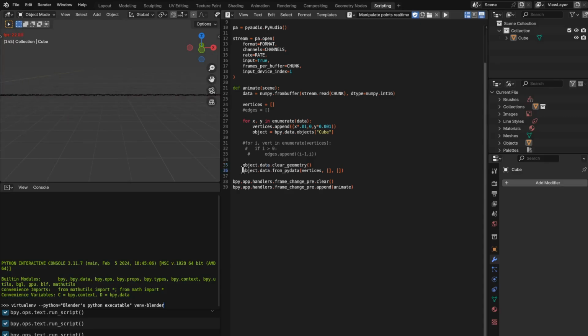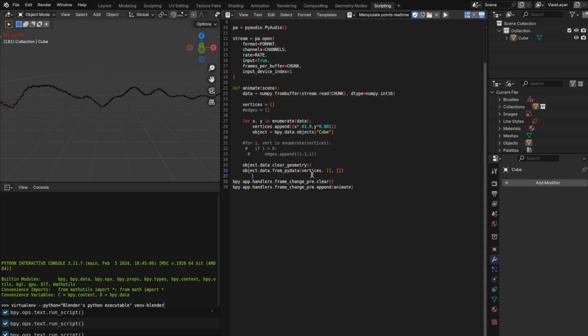So obviously if you're not doing this last part, then it will just be nothing, because we clear the geometry. And then in this last crucial line, what we are doing is, it does object data, so it sets the object data from bpy data,